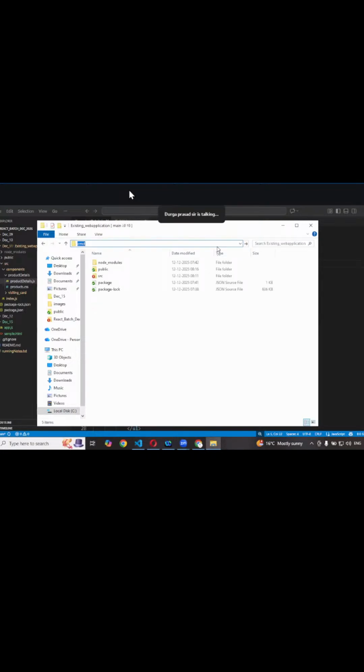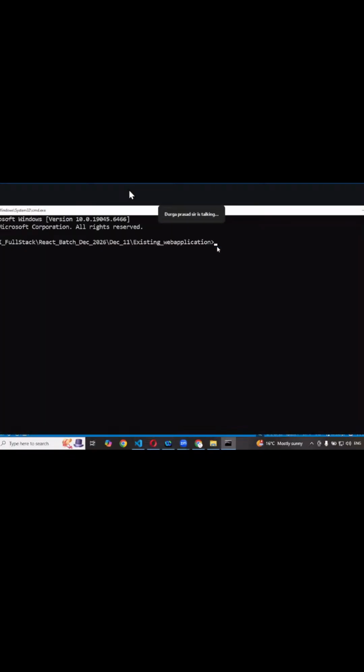how do you start your project? npm start. When I say npm start, what is the file it is going to invoke? Package.json. Under the package.json, we have mentioned what we mean by start, right? Now, when I click on enter,